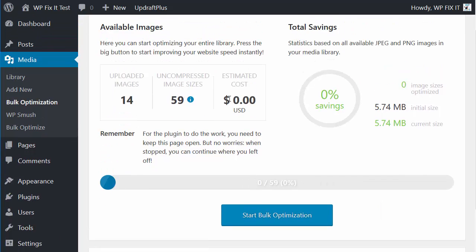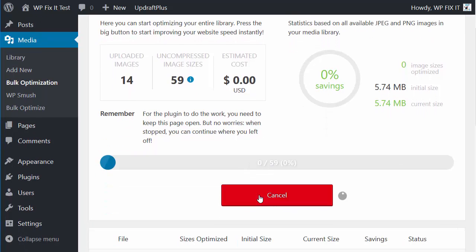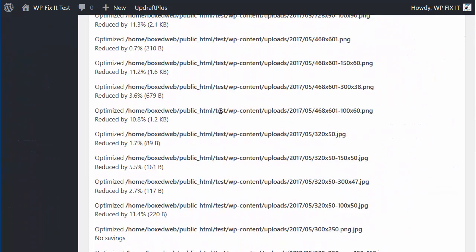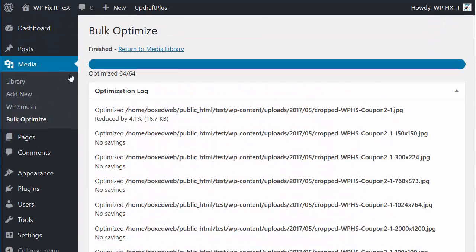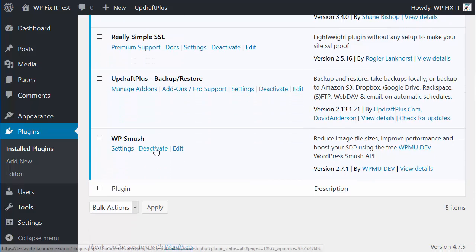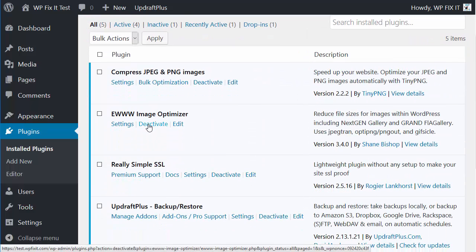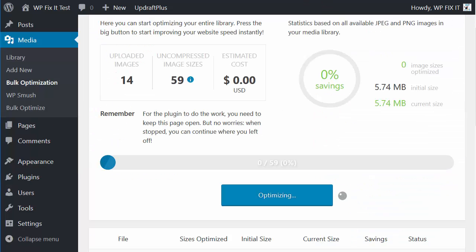And this interface is a little cooler because it actually will show us the amount of savings that we've completed in optimizing the images. So our Image Optimizer has completed. So I'm going to go ahead and turn off the two plugins I've already showed you, WP Smush and Image Optimizer. And then we're just going to wait for,